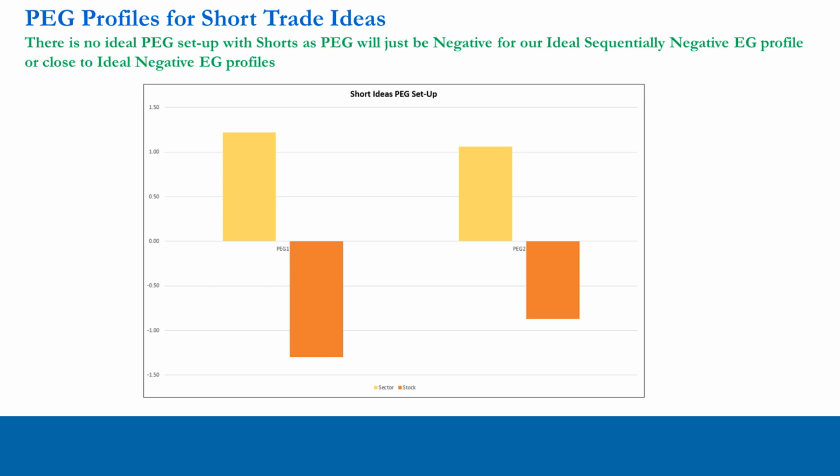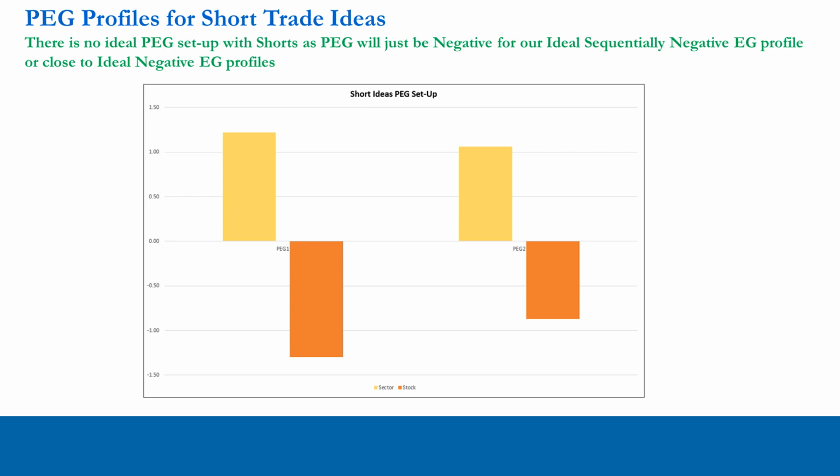We have to look at price earnings ratio, so how the market values the company relative to the sector, and we have to look at that in isolation. And we also have to look at the earnings growth percentage numbers, so the changes in EPS on a percentage basis, in isolation relative to the sector as well, and not pay attention to the PEG numbers in this situation when we have negative earnings growth profiles.